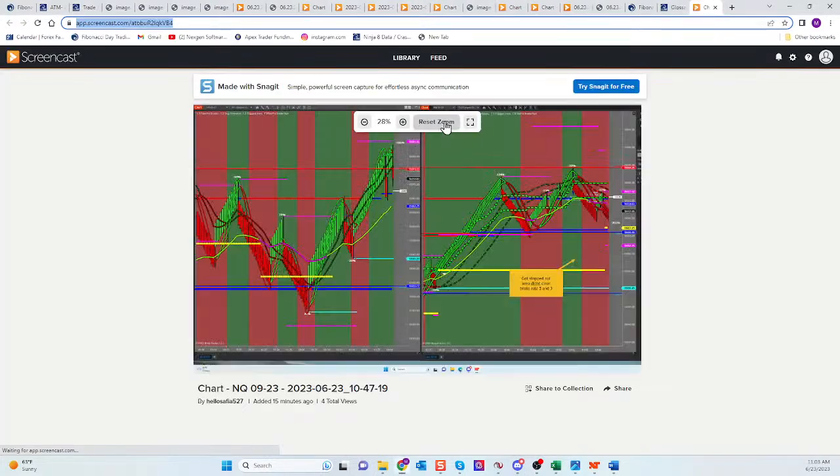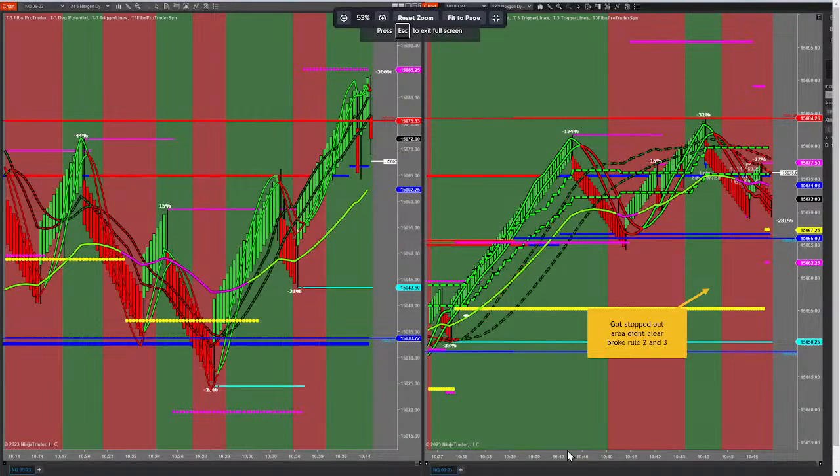Safia, let's see what you did. You got stopped out. The area didn't clear. Let's see what happened. 84.26, 84.26. 1, 2, 3 divergences in the same location, Safia. That may have had a little something to do with it, don't you think? Small chart told you that change was happening on the large chart that you couldn't see yet. Does that make sense? 1, 2, 3 divergences in the same location lets me know that the trend may be changing.